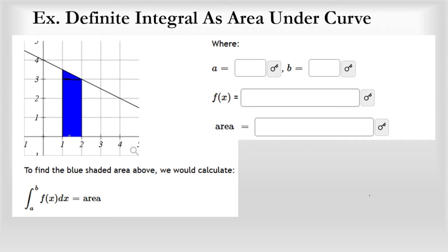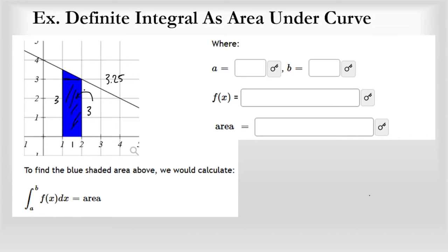Let's see. 1 to 2, this is 1, this is 3, so the area of this bit here is 3, and then, what's going on here? Maybe this is a quarter. It's not a half, that would be a half, right? That looks like a quarter. So I'm going to say that the area here is 3.25. I just did it geometrically on the graph here. It's a really easy